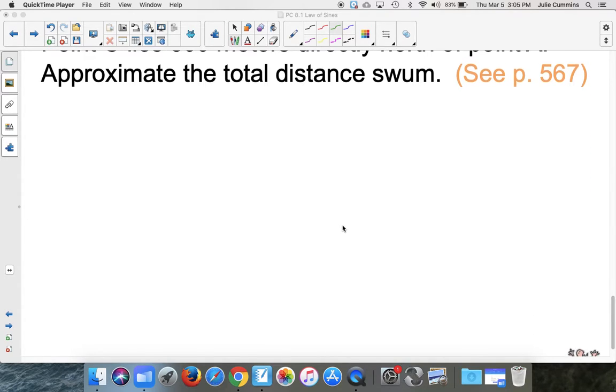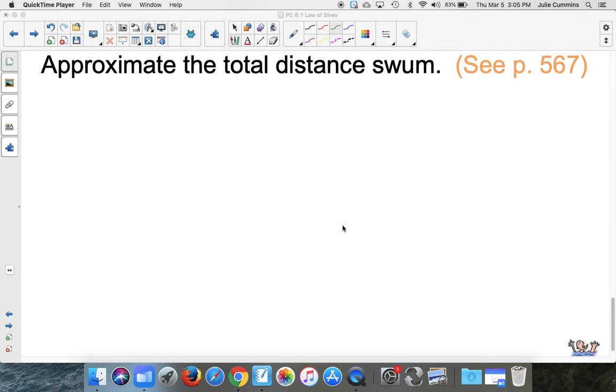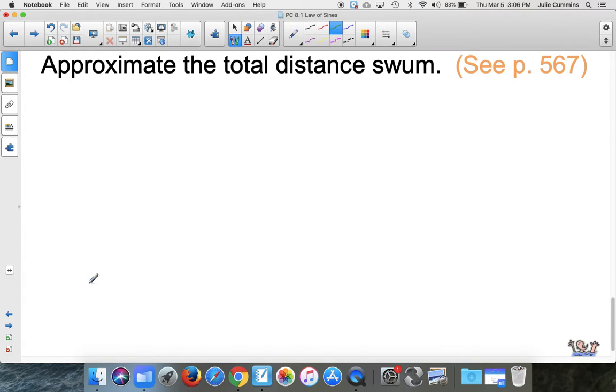All right, we need a really good picture of this. So here's kind of what this looks like. Let's get a pencil. Point A is going to be down here, and point C is directly north of it. We were told that, 800 meters north of it, to be exact. All right, and then